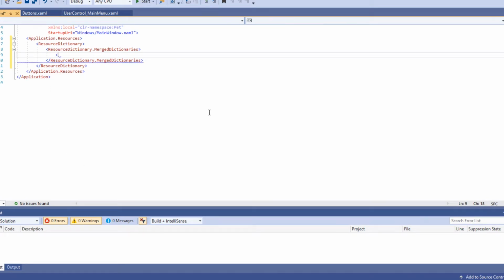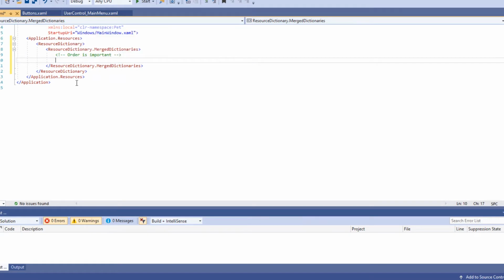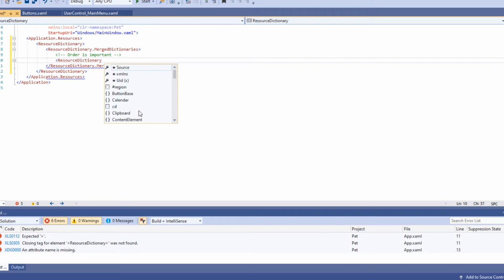Just to make a quick note, you must remember that the order is important. If you have multiple resource dictionaries and some of them reference other dictionaries, the referenced dictionaries should come first. By now we have only one, so resource dictionary, set its source, it is styles, which is our folder, and then we access our file buttons.xaml.